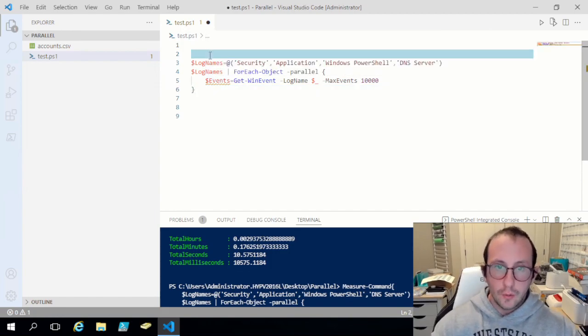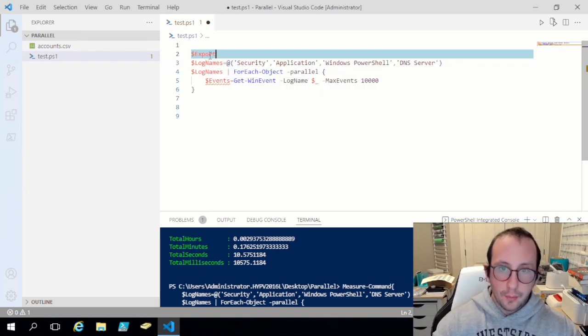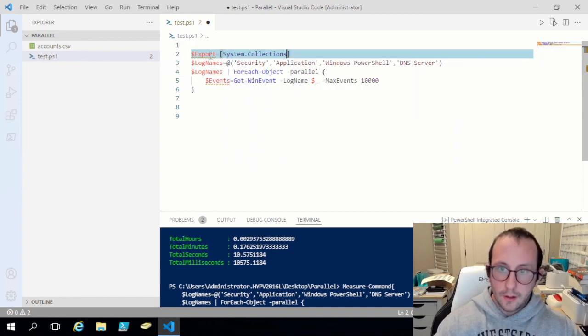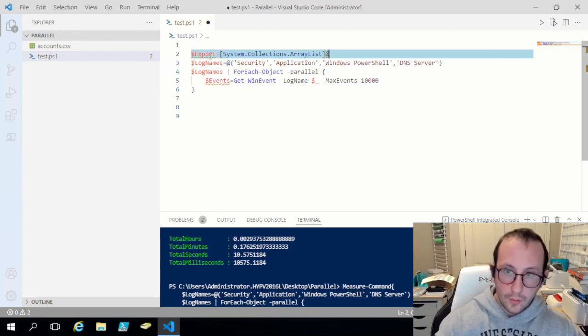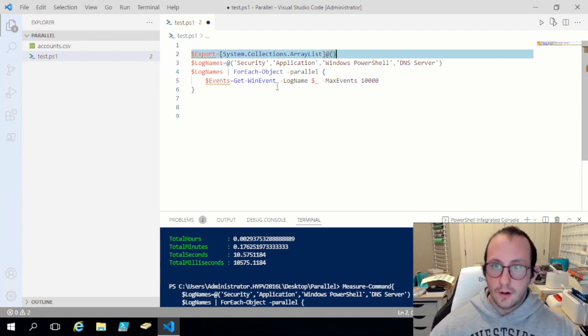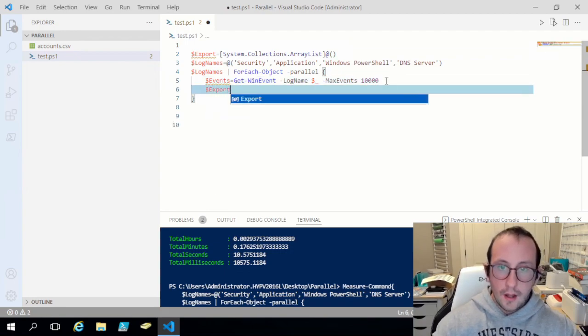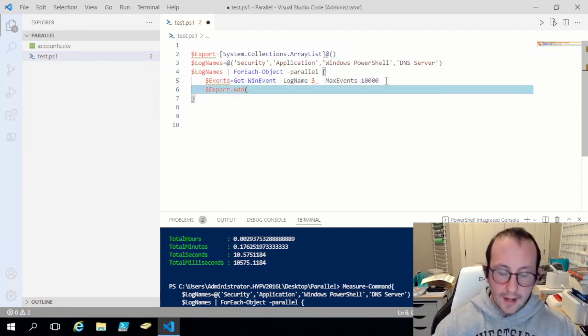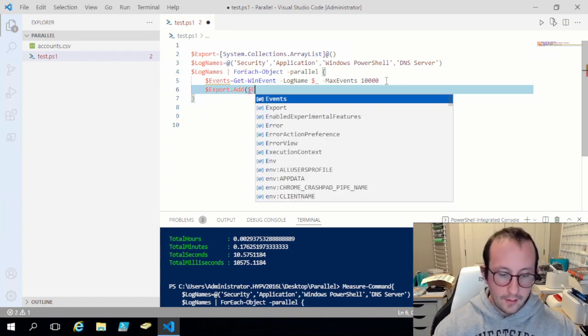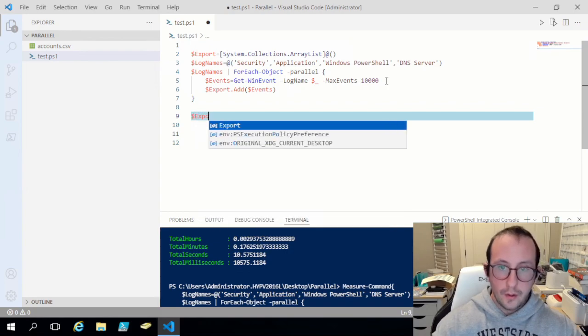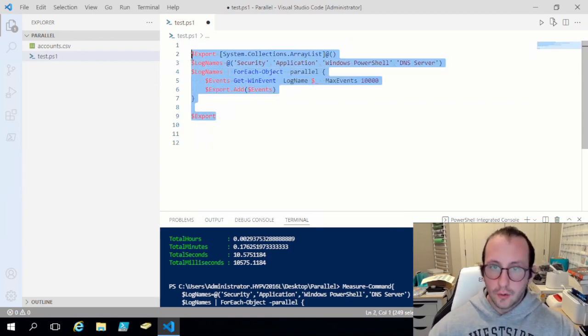So what we need to do in order to be able to store these events, what we would typically do is have an export variable here, and we would create it as a System.Collections.ArrayList. And then we would do export.Add, and then events, and then we would print out the export. So if we actually try this here,